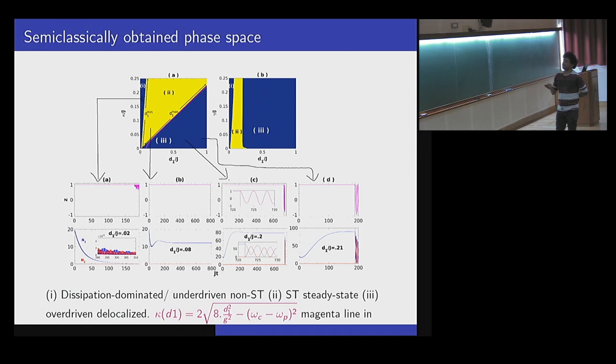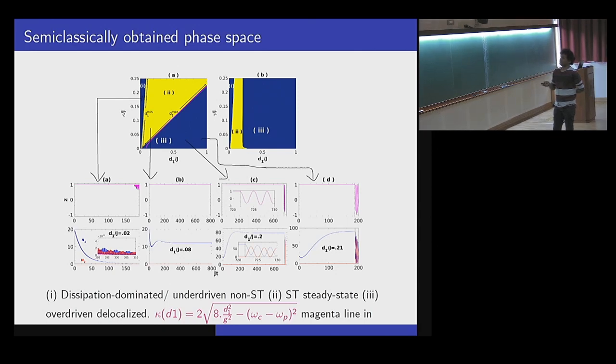And for the yellow region, we have long-lived self-trapping. And in phase 3, we have an overdriven case. So initially, the driven cavity increases in its population, stabilizes, and at some point it is dynamically delocalized. So in the inset, you can see the intercavity tunneling sets in. And if we increase the drive further into this phase 3, the localization lifetime is reduced. We also give a theoretical estimate for this upper boundary D1 max that demarcates the 2 phases, 2 and 3.